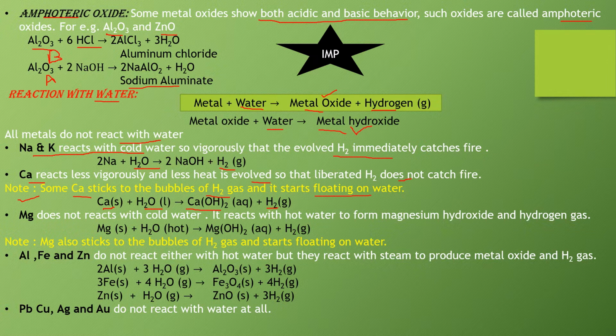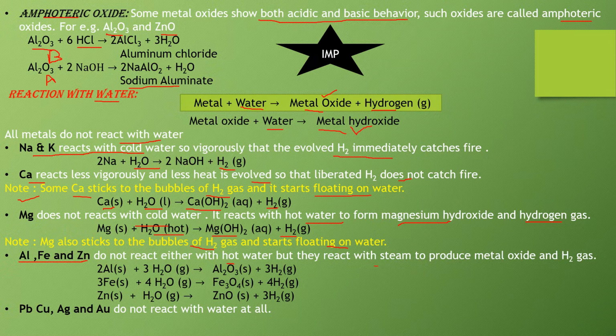Similarly, magnesium also floats on the surface of water. Magnesium does not react with cold water, it reacts with hot water and forms magnesium hydroxide and hydrogen gas. Magnesium also sticks to the bubbles of hydrogen gas and starts floating on the water, as I already explained you. Now the next metals, aluminium, iron and zinc, they do not react either with hot water or with cold